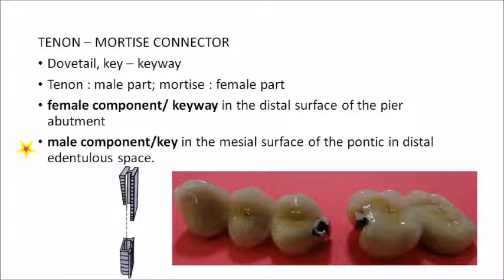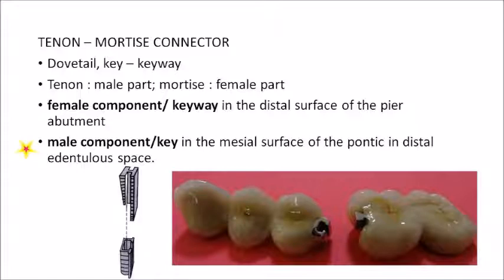But when we are using a non-rigid connector, what happens is usually the male part and the female part get locked in. When there is any kind of movement, it gets unlocked. When the male and female parts are unlocked, the stress which is transmitted will be broken. So there won't be any more stress transmitted, and this will not cause any kind of dislodgement. So that is the basic principle of using a non-rigid connector. There will be some amount of movement between the components, and that will restrict the transmission of stress. So this is used to limit the stress transmission.